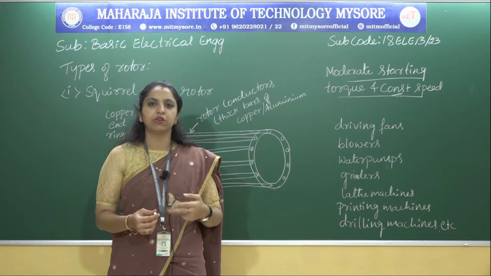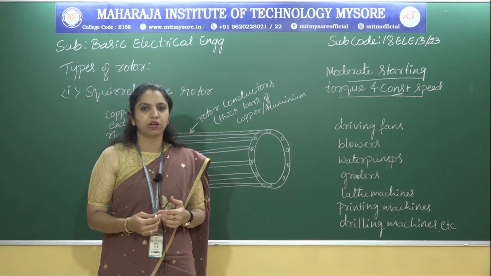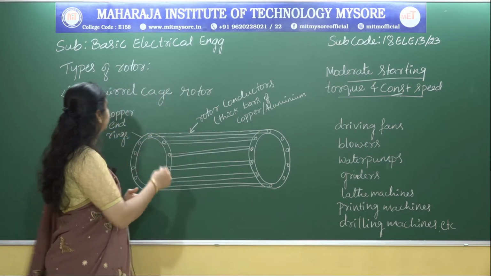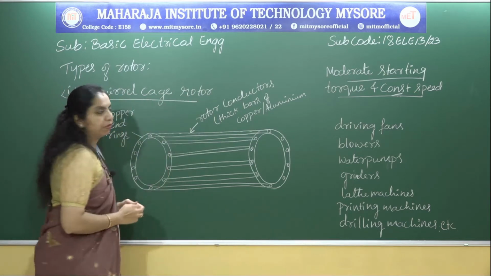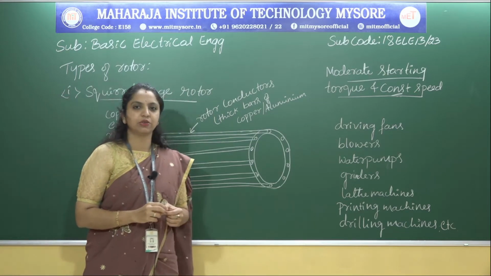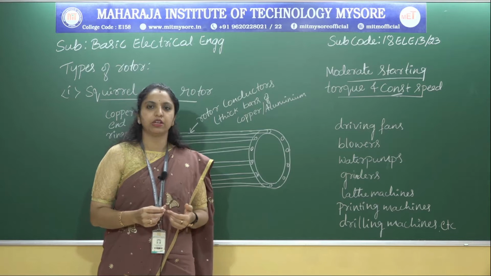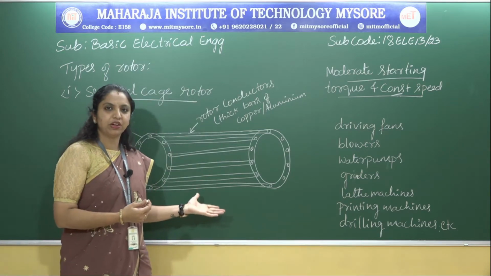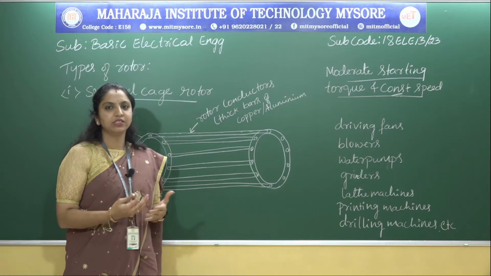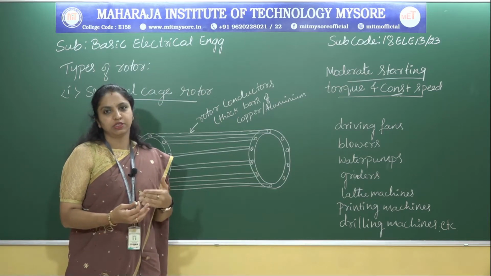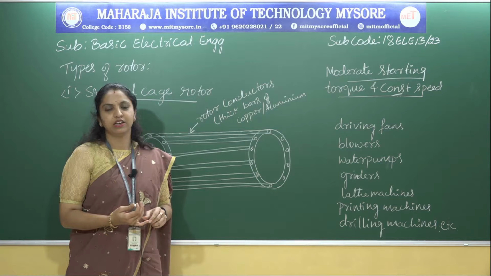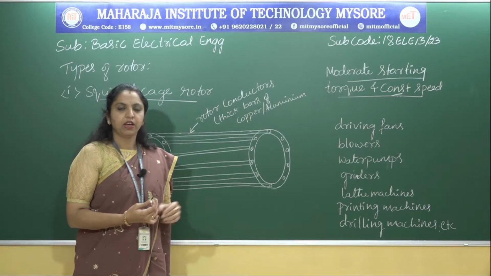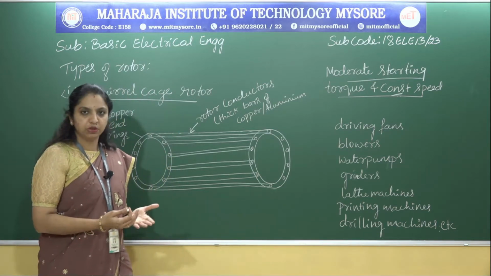So, there are two different types of rotor. One type of rotor we call the squirrel cage rotor, and another type of rotor is the slip ring rotor. In this type of rotor, the rotor core is cylindrical and is made of cast iron or cast steel. And all around the periphery of the core,